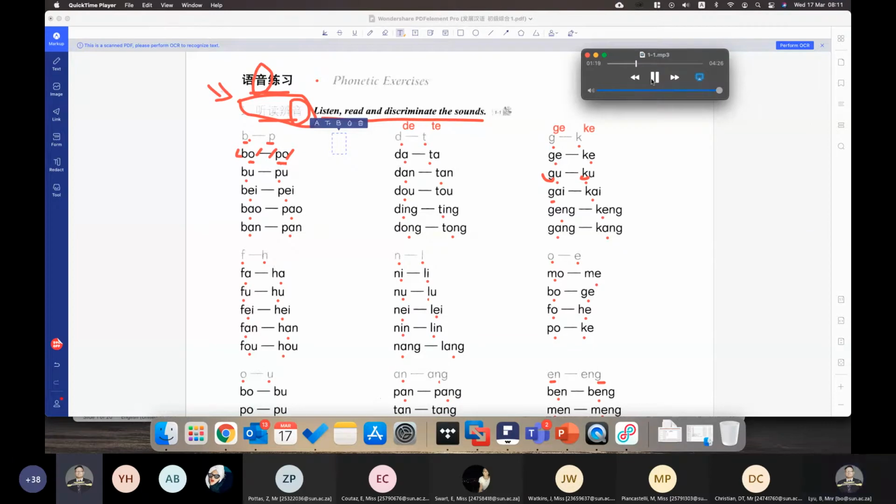特，t，搭，da，他，ta，单，dan，摊，tan，都，du，偷，tou，丁，ding，听，ting，东，dong，通，tong。歌，ge，科，ke，姑，gu，哭，ku，该，gai，开，kai，更，geng，坑，keng，刚，gang，康，kang。